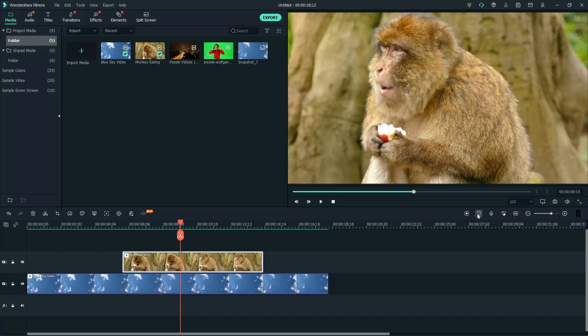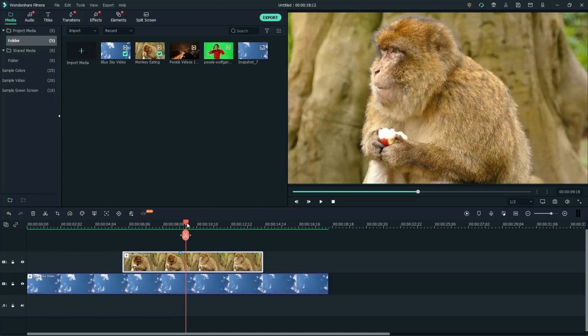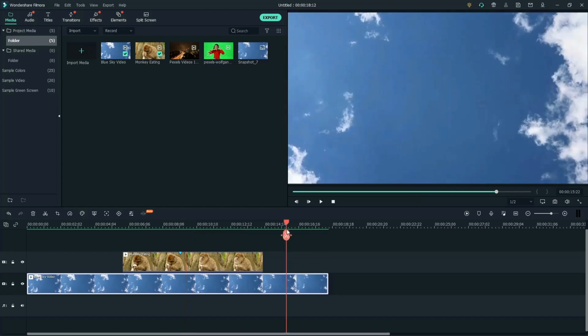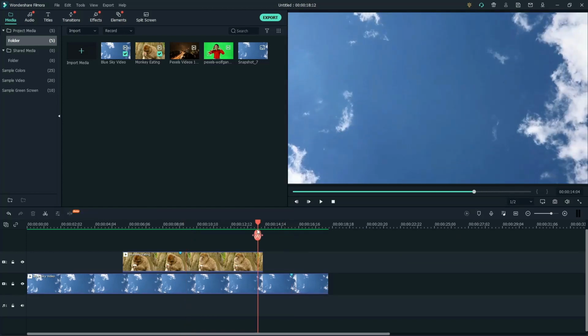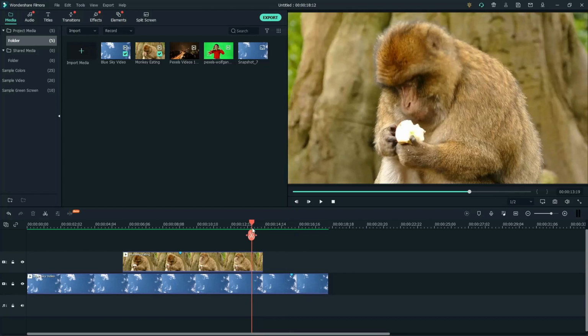Markers are one of the important options that you should be using while editing. You can use the markers as bookmarks and come back to them whenever you want. To add a marker on any individual clip, select the clip and click on marker. Let's do it again for this clip. If you want to add a marker to all the tracks at once, make sure you have not selected any tracks and then click on markers. To delete them, right click and select delete.